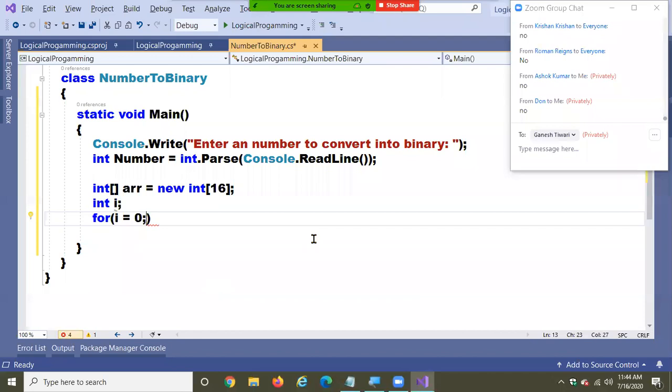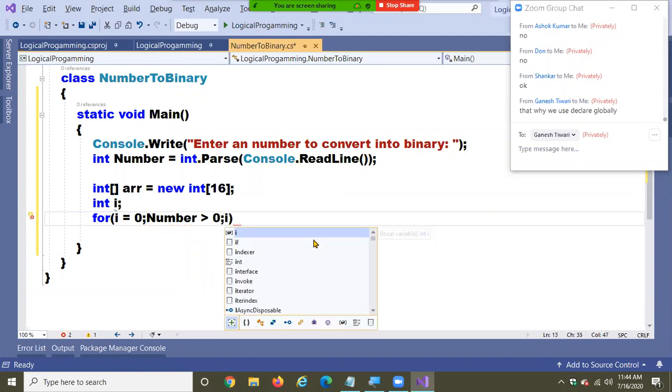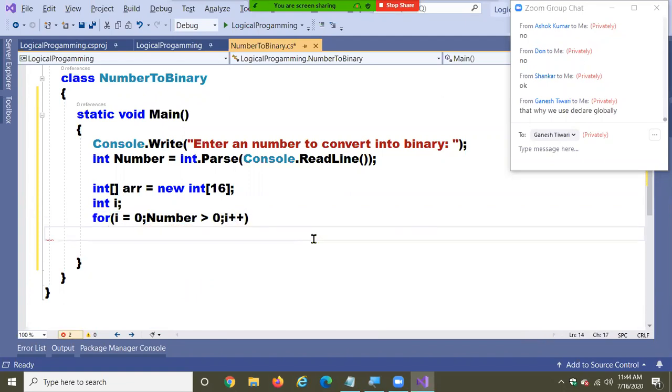Okay, next. i = 0. Next, number greater than 0, i++. I'm writing a loop now. My condition is not related with i.